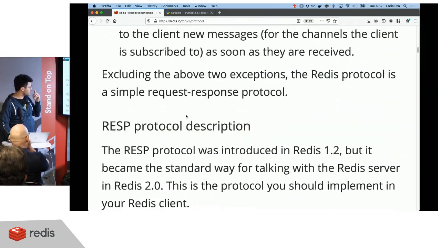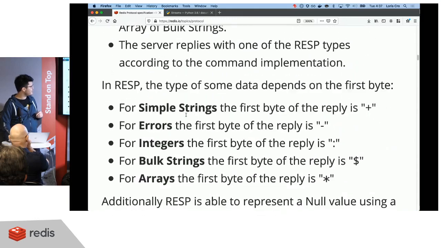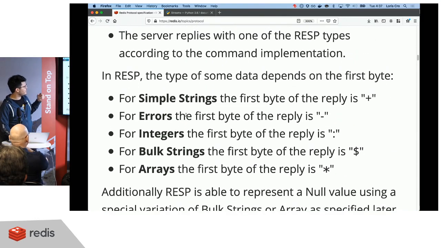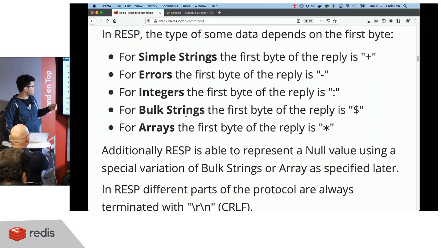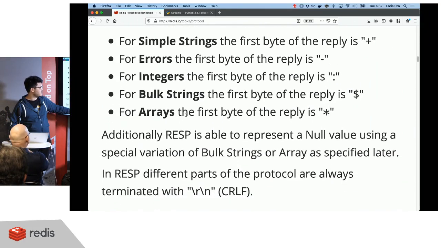I'm going to just scroll straight to the part that I think is relevant for today, which is the explanation of how the protocol works, right? So for simple strings, you get a plus to start, and then you get the string itself, ending with \r\n, two characters, the CR LF, carriage return, new line, and errors are the same but with a minus, integers with a colon,